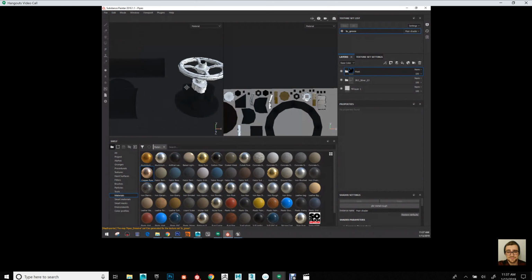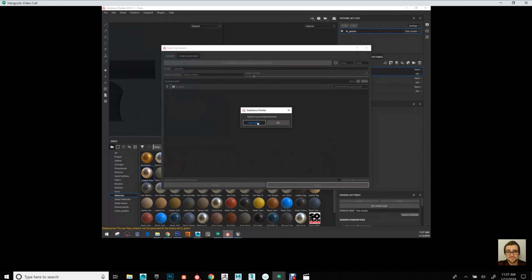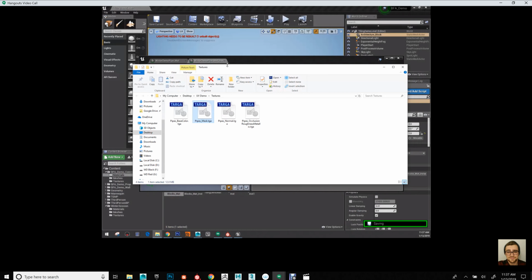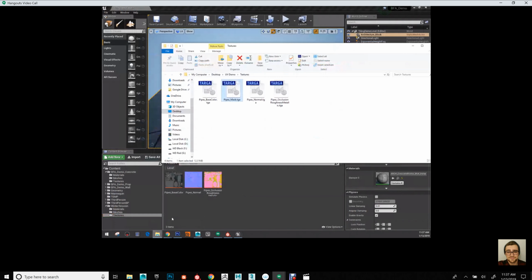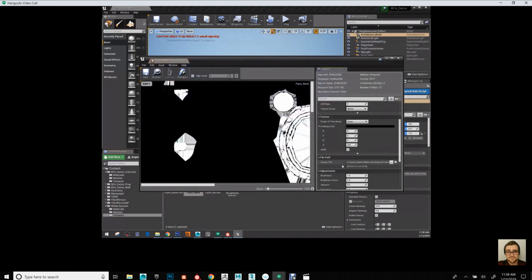And so I'm just going to export that out using the color map preset. And there it is. I'll just rename it to mask, I guess. And go back to my textures folder and drag in the mask. And again, since this is a mask and not an actual color thing, I'm going to turn off sRGB,